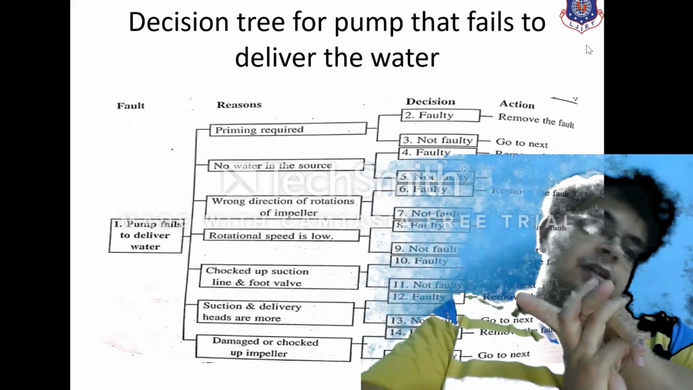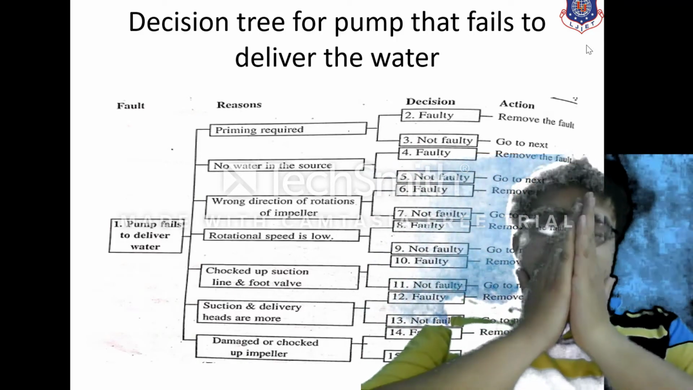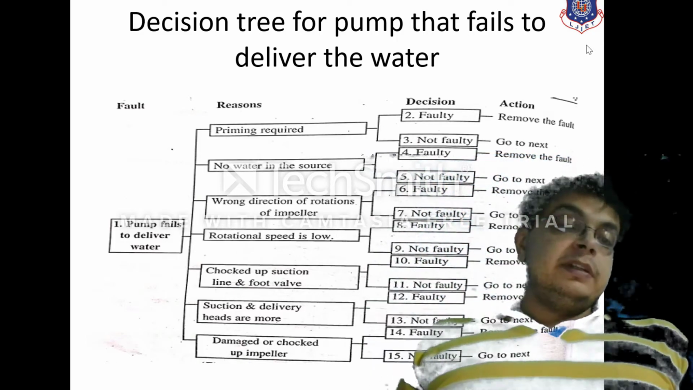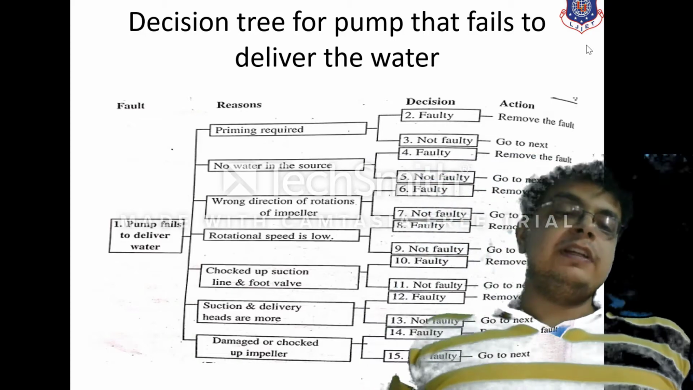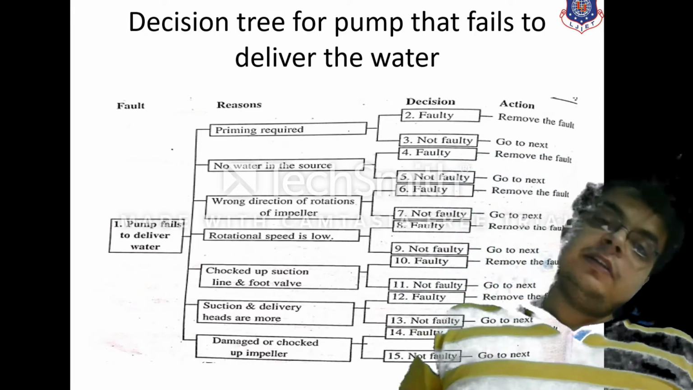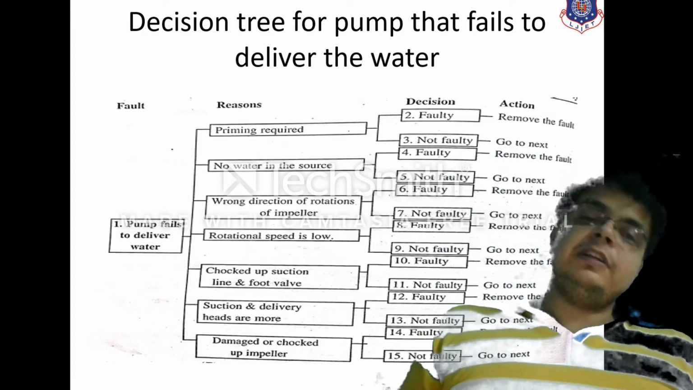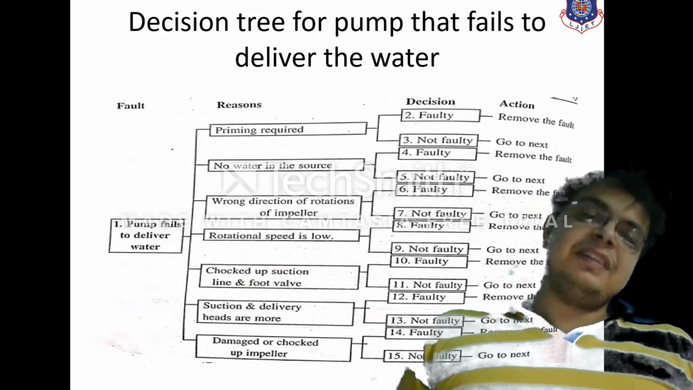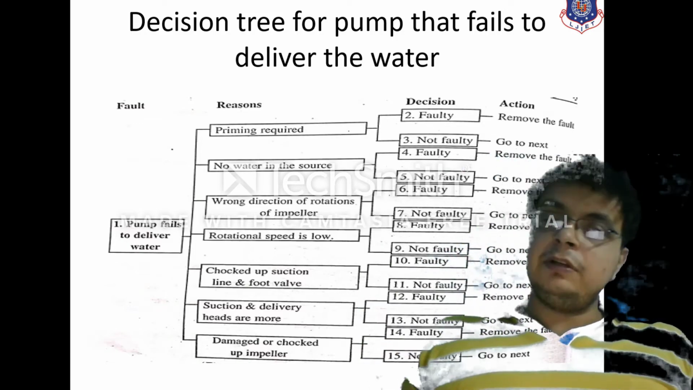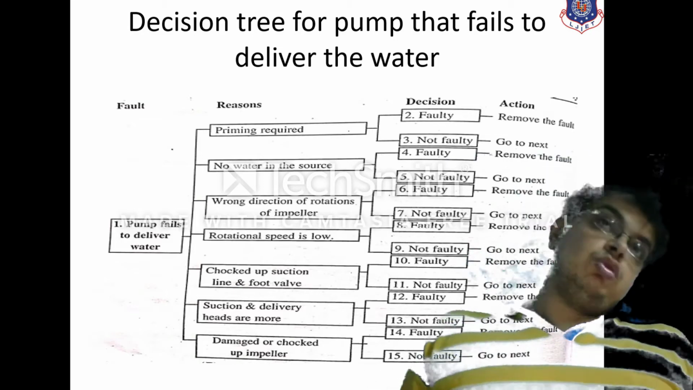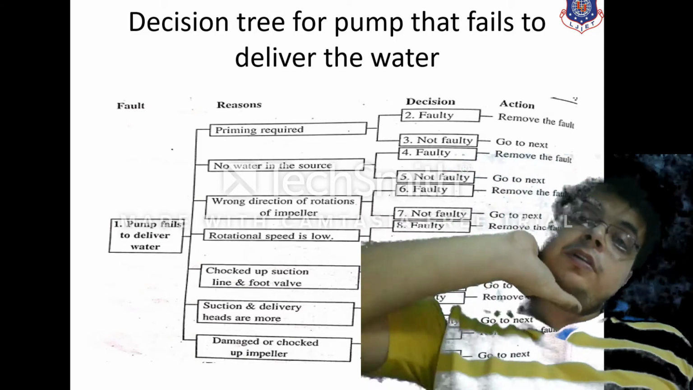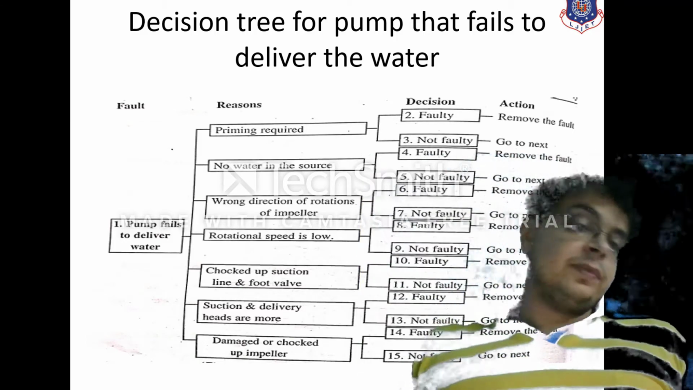So basically, in the fault book, the title that is going to be written is the pump fails to deliver the water. Now, what will be the reasons behind the pump failing to deliver the water? It will be priming required. If it is not getting the proper priming, then also the pump will fail to deliver the water. If there is no water in the source, then also the pump will have difficulty in delivering